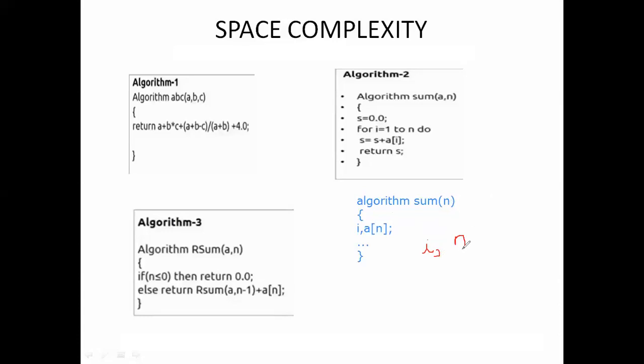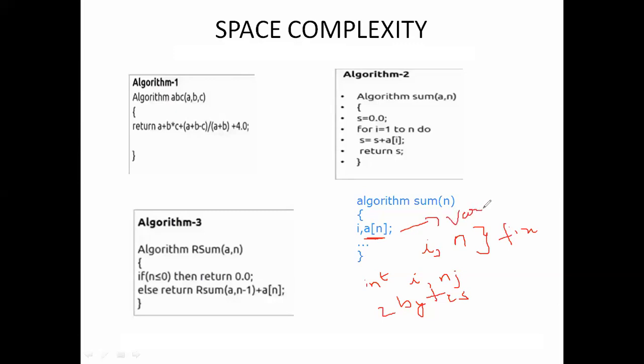Why do we call it the fixed part? Because if we are taking int i comma n, its memory is fixed. It will provide 2 bytes of memory for i and n. This size is fixed, so we call it the fixed part. Coming to the variable part, in this example, this one we call the variable part. The fixed part is i comma n, whereas the variable part is a of n.